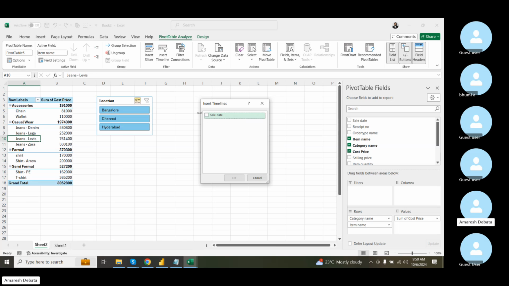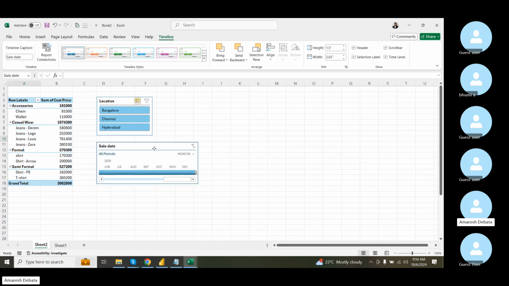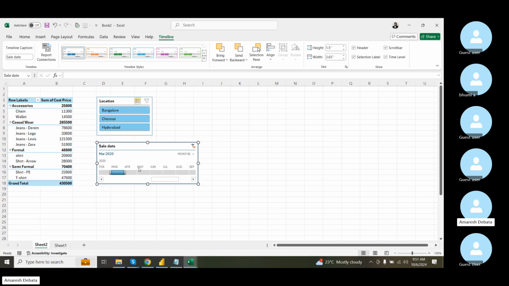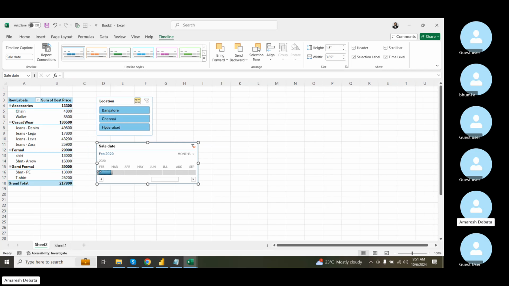Okay, so now we have only one date field, sales date. So I will select this and click on this. Now your timeline slicer will come like this. It's like a timeline. I will click on whichever period, and it will show me the data. So June there is no data, July no data. Let's see where I have data. March, you have data. April you have no data. February you have data. So like that, whichever period you have data,